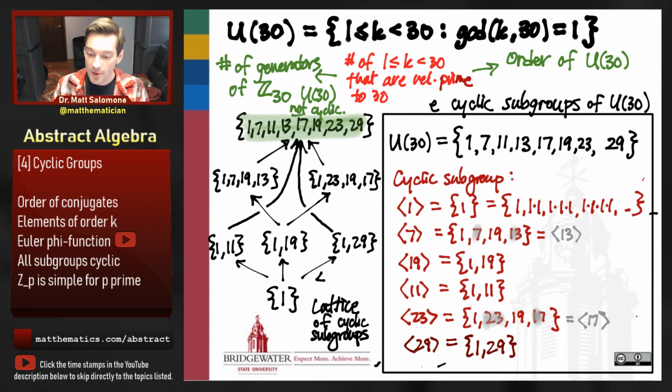So I'm going to take a quick 15 or 20 second pause here. This was our initial exposure to using the Euler phi function a little bit to do computations and think about how many elements there are of a certain order. And then we used that to list the cyclic subgroups of U30 and also come up with a subgroup lattice for it. So when we turn the corner here, I want to start looking at how to use the principles we've learned in this chapter in a more proof-oriented context. So we want to look at some of the elements of our fantastic theorem and why it is that they're true. So quick 20-second pause, and then we'll come back after that.